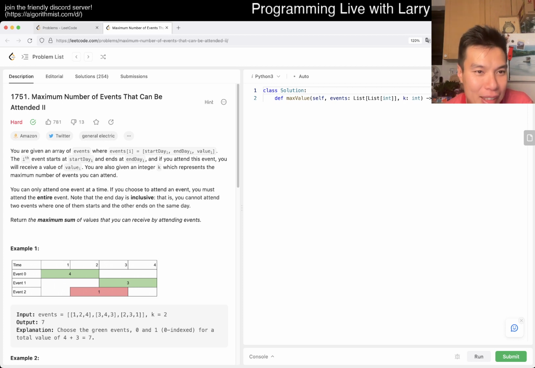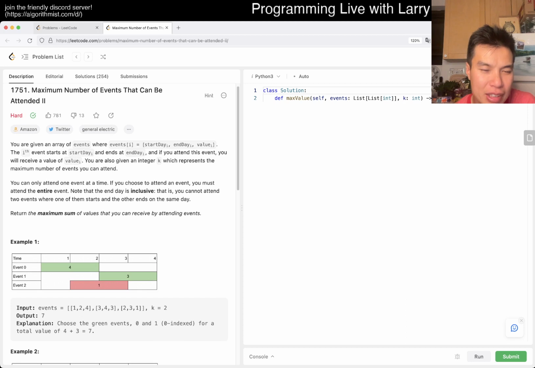Okay, let's see. Maximum number of events that can be attended to is a hard problem. You're given an array of events where events of i is start, end, and value. You're also given an integer k, which represents the max number of events you can attend. And one at a time, you must attend the entire event. Okay, so this is